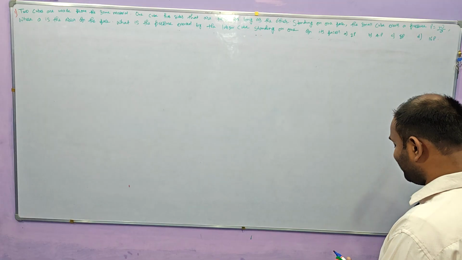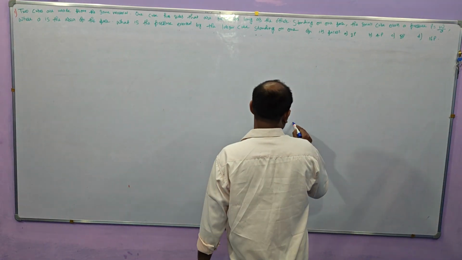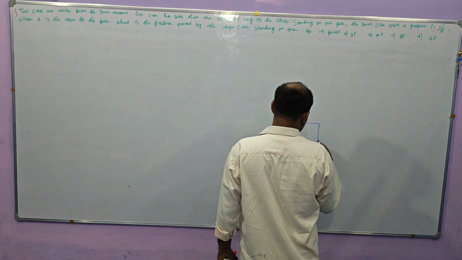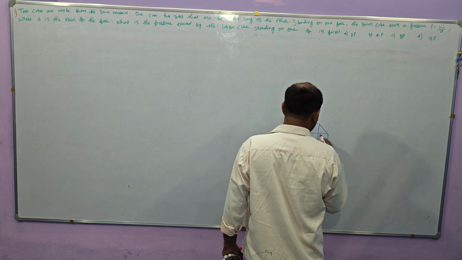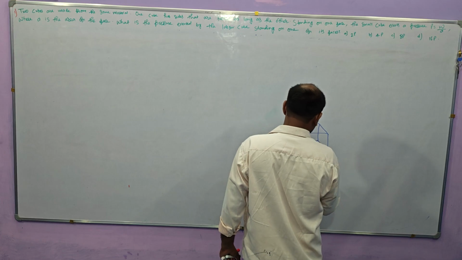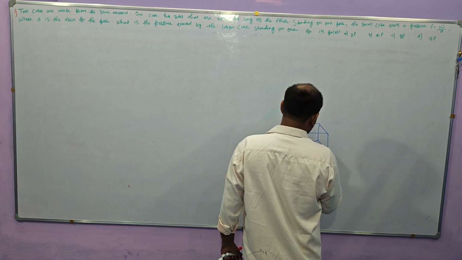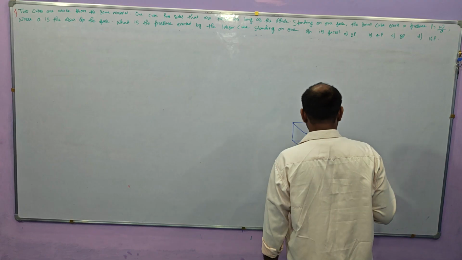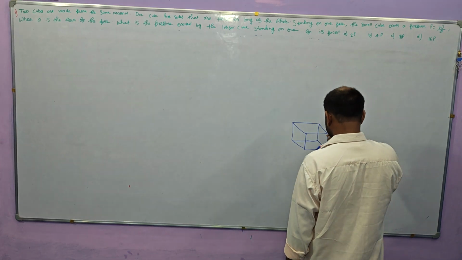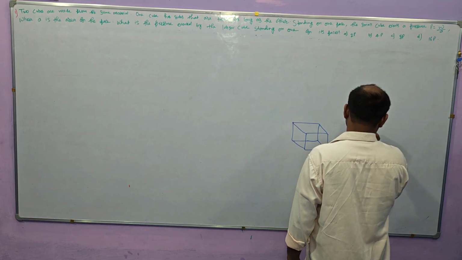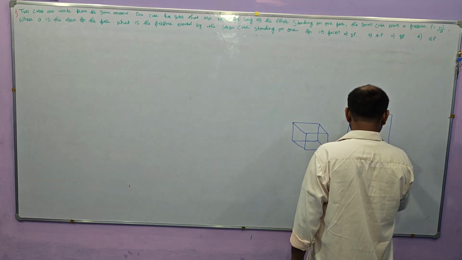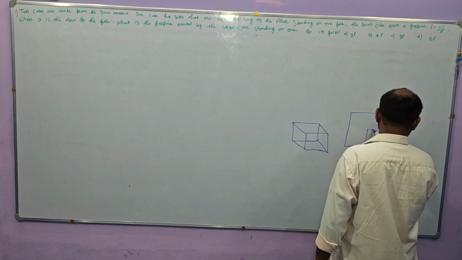Basically we have two cubes like this, one smaller and one greater cube,